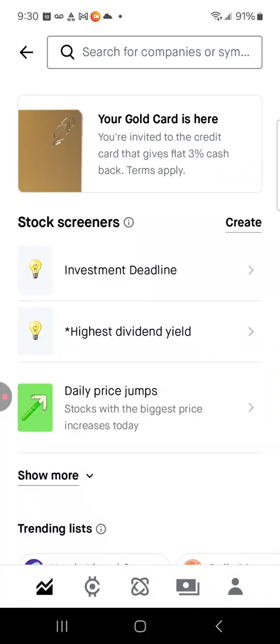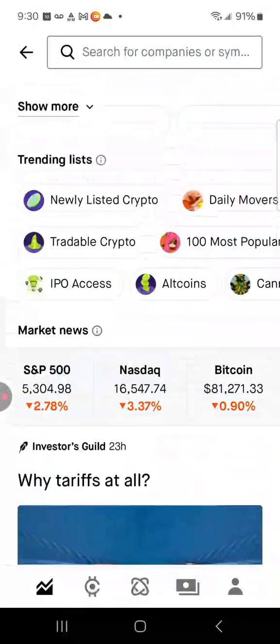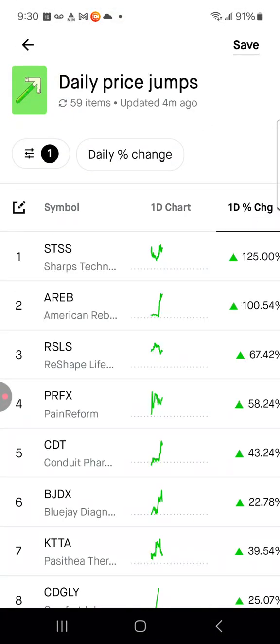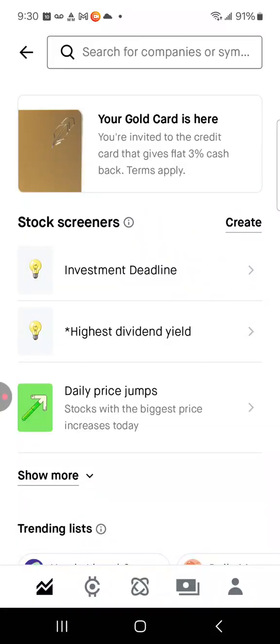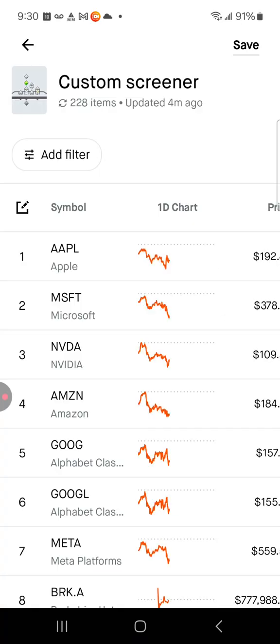So in order to do that, right here where it says create, create a scanner. It's been a minute since I've done this, so